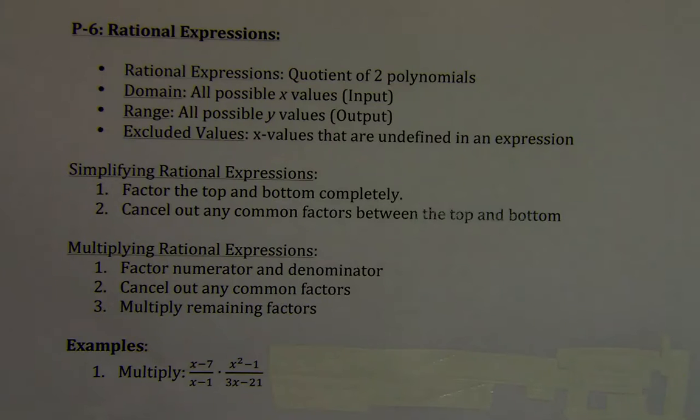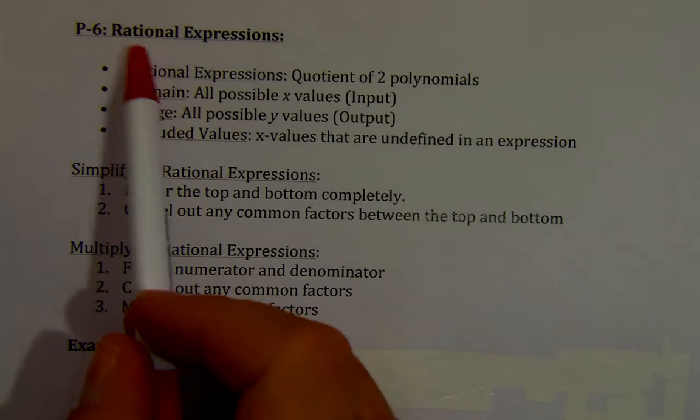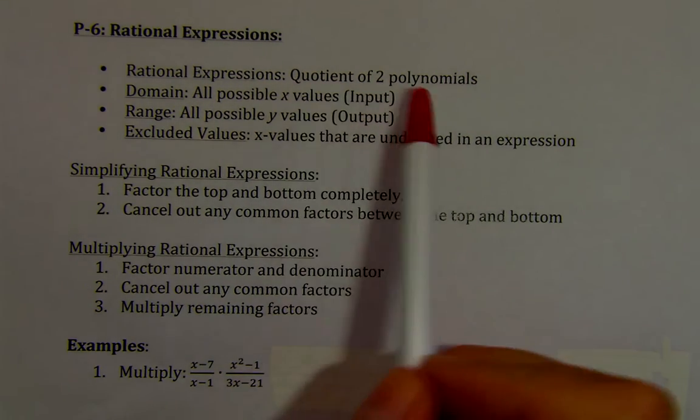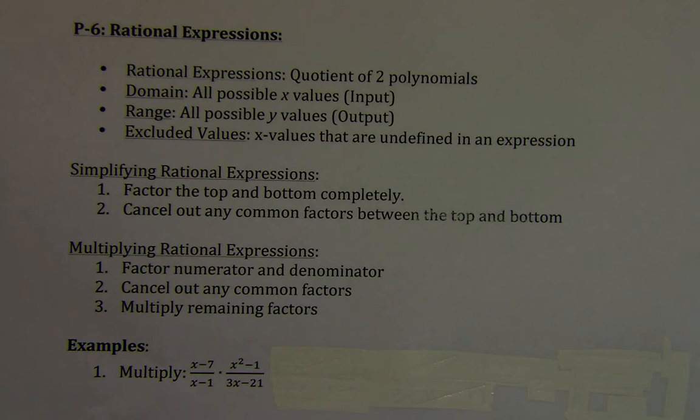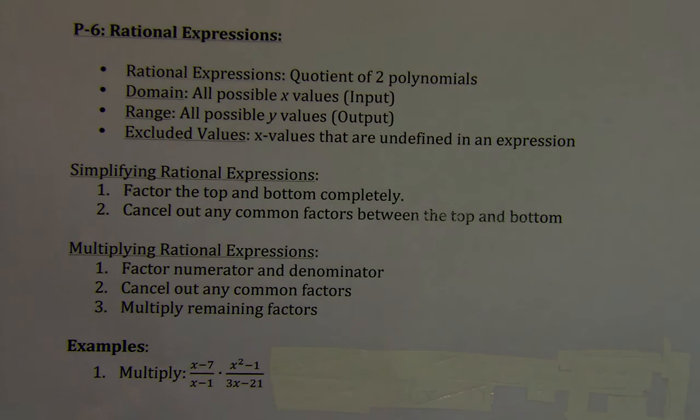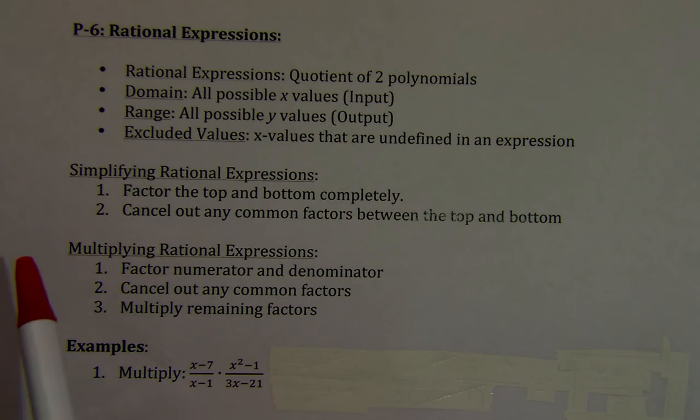Okay, so we're going to go ahead and start Chapter P, Section 6, and we're talking about rational expressions. Now, a rational expression is just a quotient of two polynomials, so polynomial on top, polynomial on bottom. But because we have a polynomial in the denominator now, we need to talk about domain and range. So our domain is all our possible x values, or our input, and our range is all our possible y